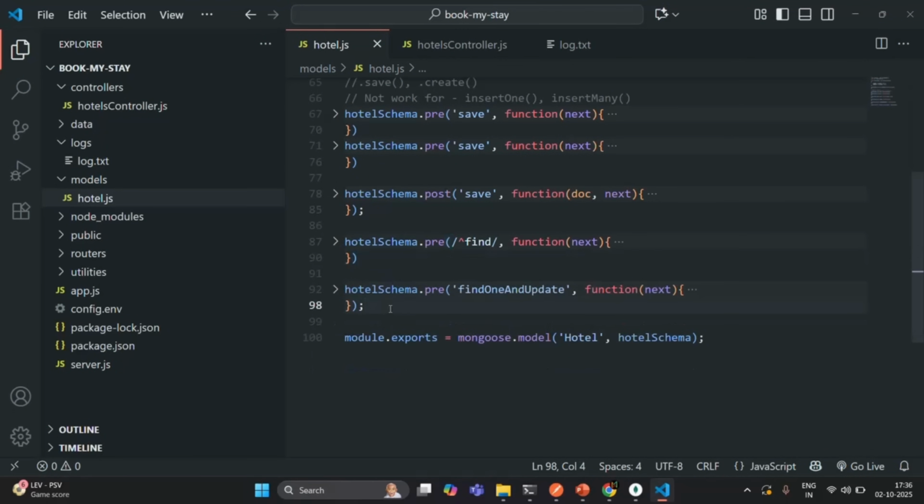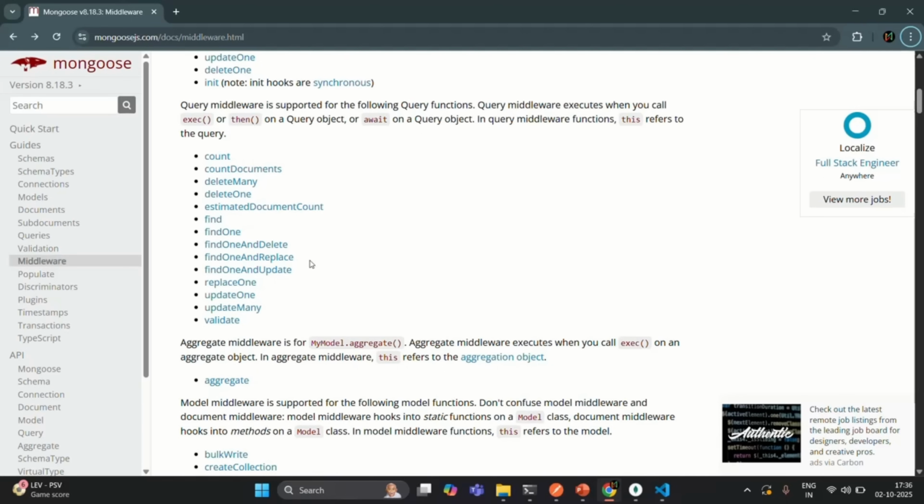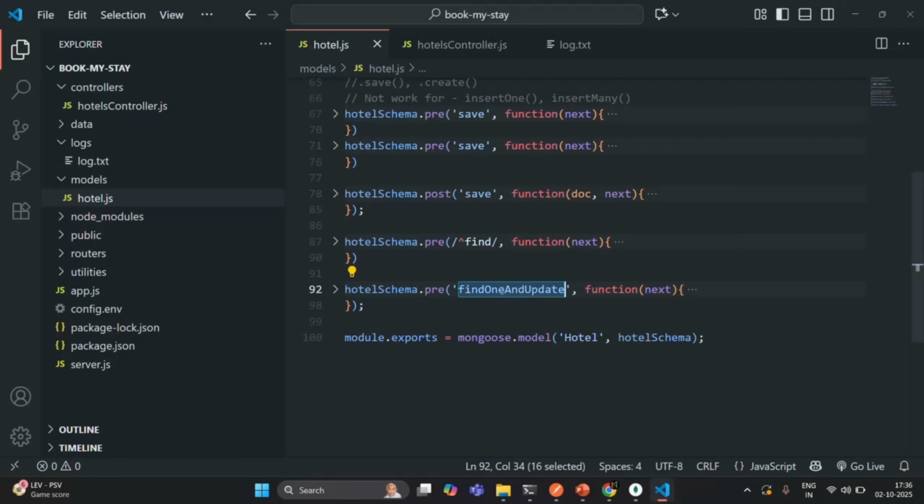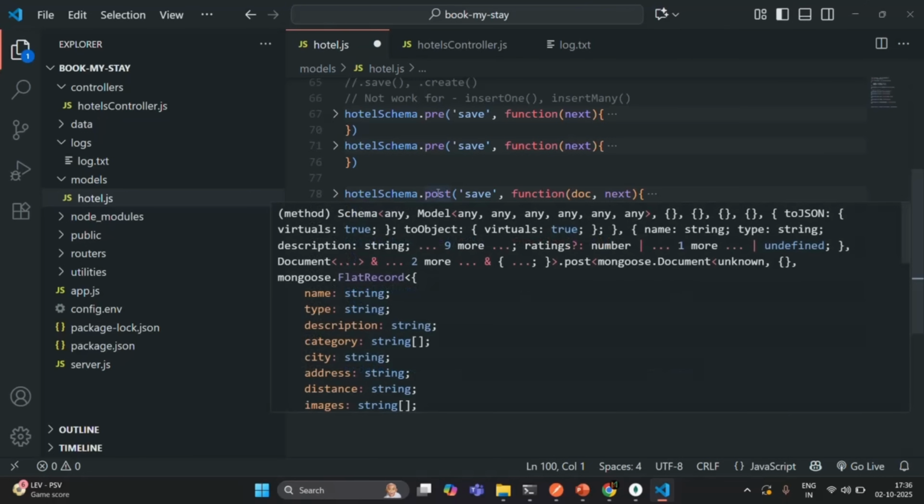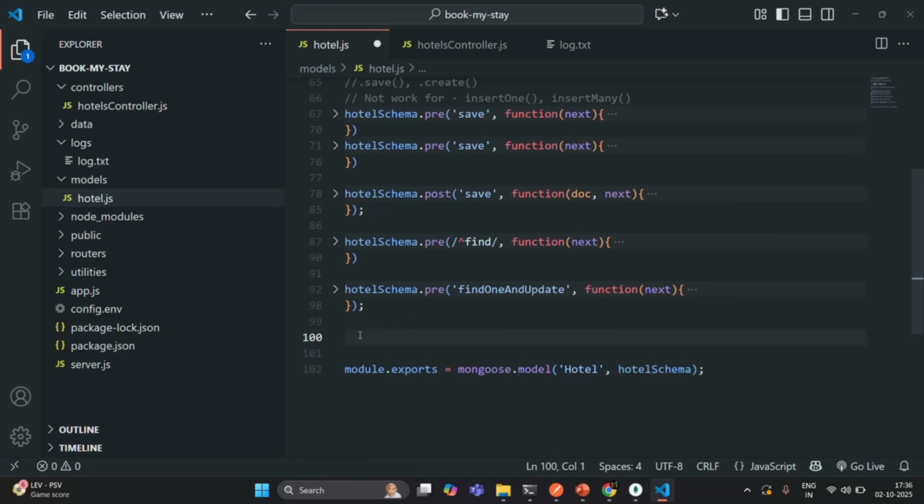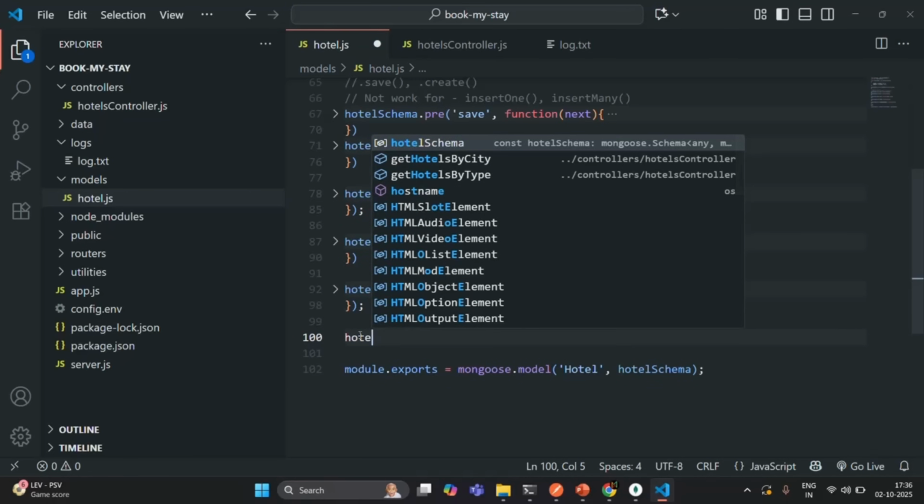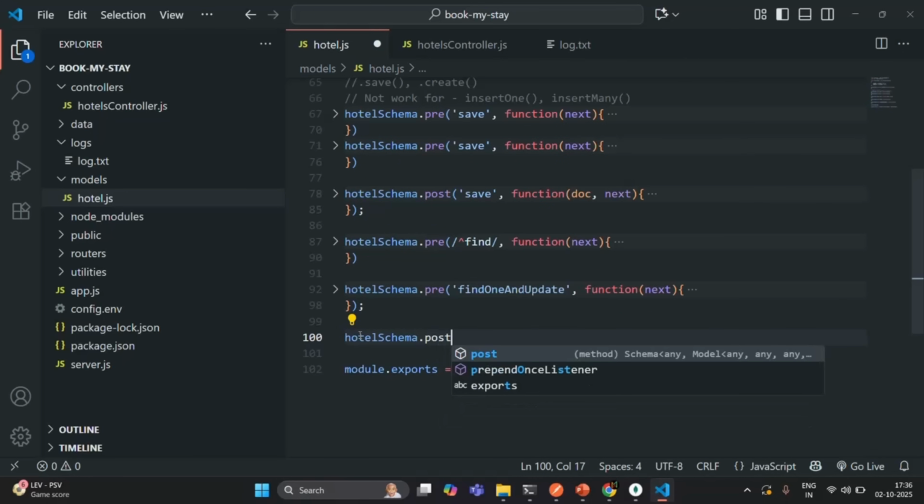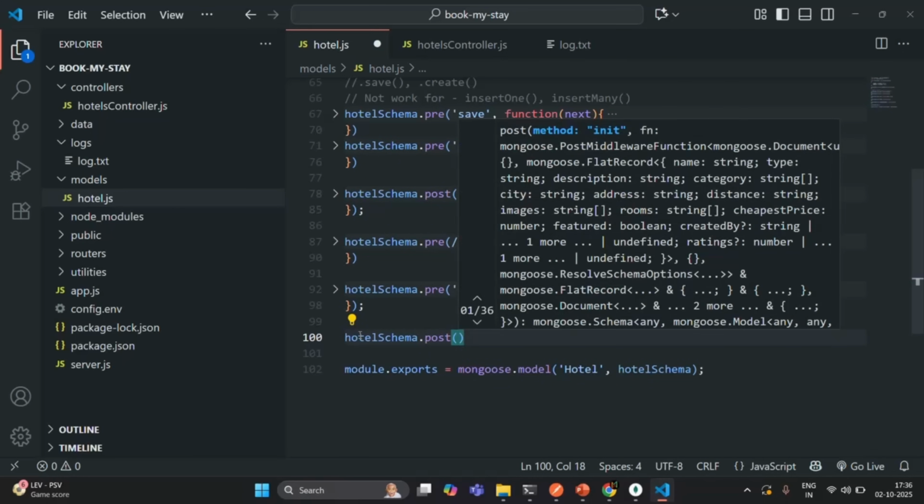Now let's go ahead and create a post query middleware. Here I'm going to create a post query middleware again just for this findOneAndUpdate query, but you can also create a post query middleware for find or any of these query methods. But here I'm going to give you an example with findOneAndUpdate query. Just like how we can create a post document middleware on the hotel schema, in the same way on the schema, in our case the hotel schema, I'm going to use the post method, and I want to run a middleware for